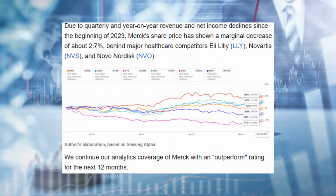Now, due to quarterly and year-on-year revenue and net income decline since the beginning of 2023, Merck's share price has shown a marginal decrease of about 2.7%, behind other major healthcare company competitors such as Eli Lilly, ticker symbol LLY, Novartis, ticker symbol NVS, and Novo Nordisk, ticker symbol NVO. But even with that being said, Seeking Alpha actually has an outperform rating over the next 12 months on Merck